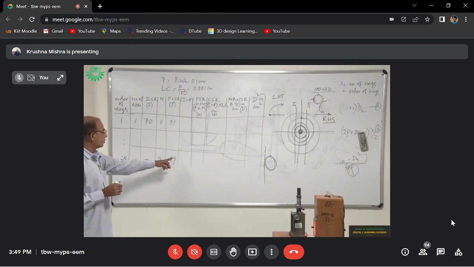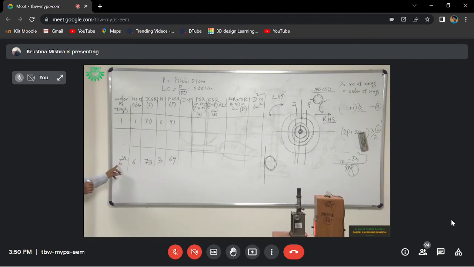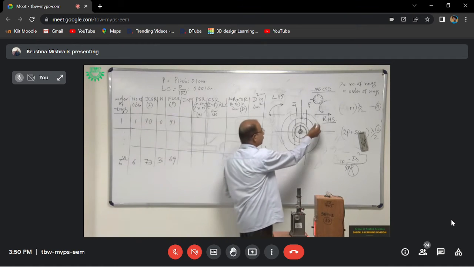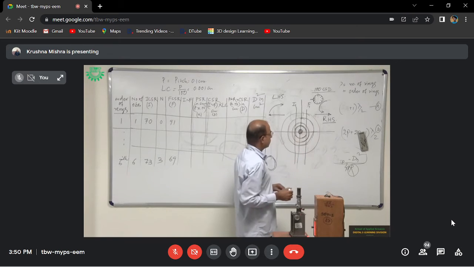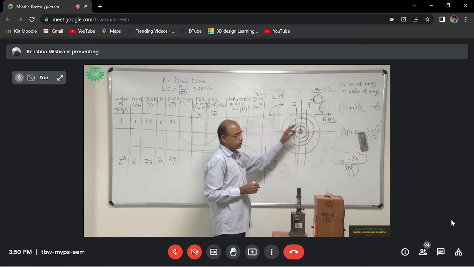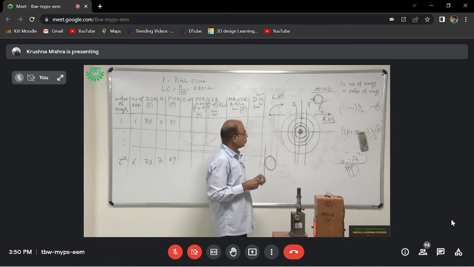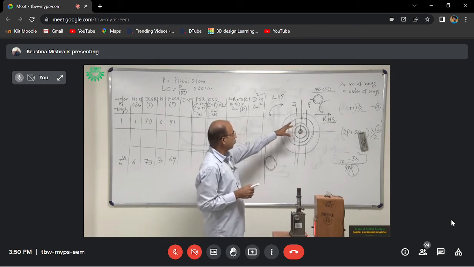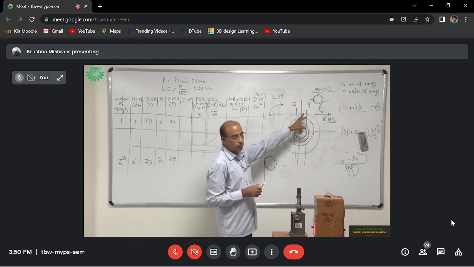So these are the readings taken for the 6th order ring. In this way there are a number of rings from the center onwards. So always we have to keep in mind, while taking the initial reading it will be taken